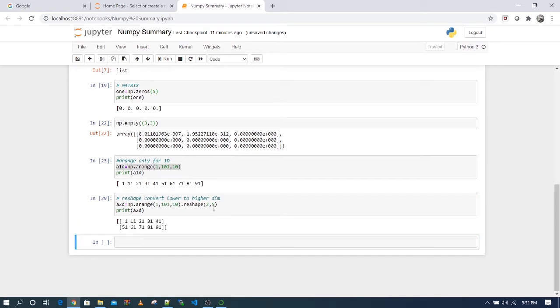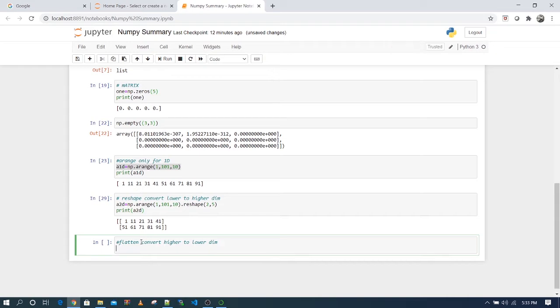Now suppose you have this 2D array, or a higher dimensional array, and you want to convert it into a lower dimension.